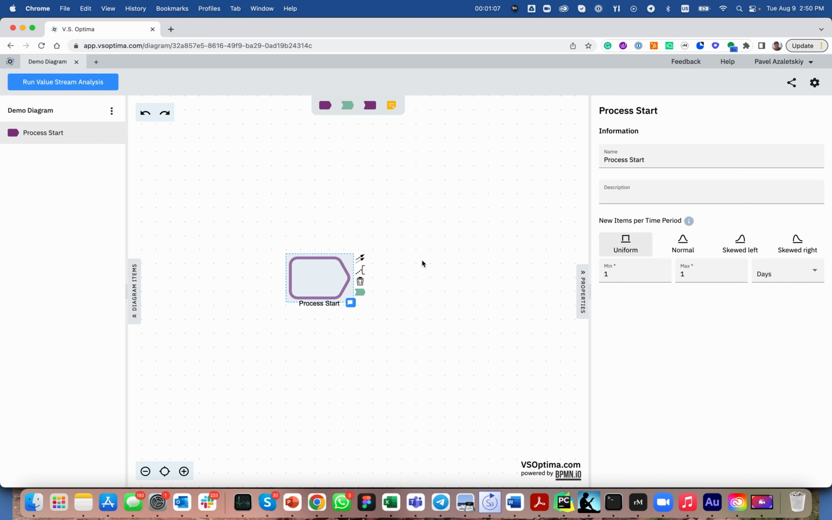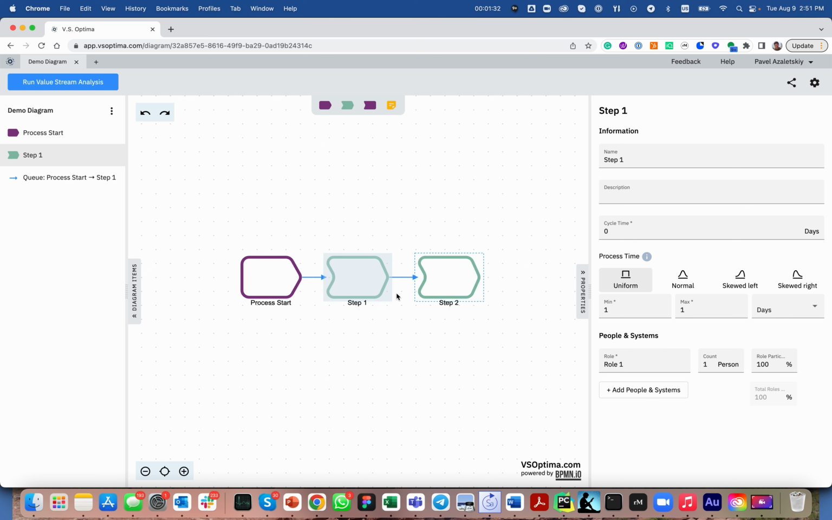You can add more start elements if you want to model different types of items coming to the process. To do so, you can drag another start element from the small bar on the top of the canvas. On this bar you can find the rest of the modeling elements: start, step, end, and the comment. We already explored start elements, let's move on and add one or two steps and one end of the process